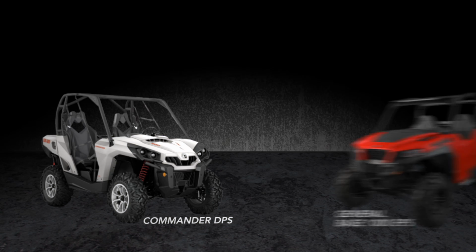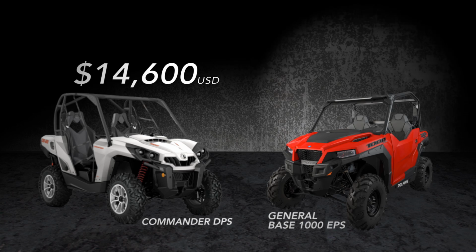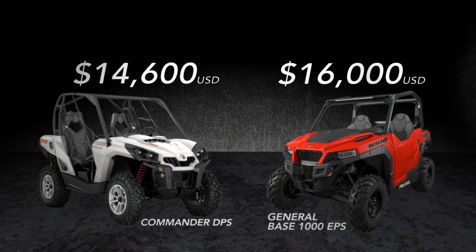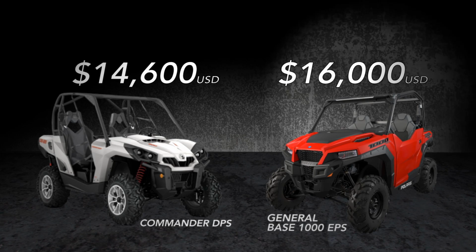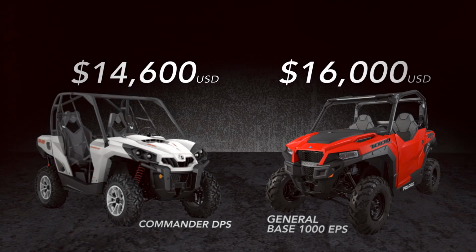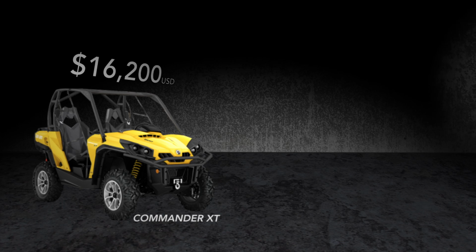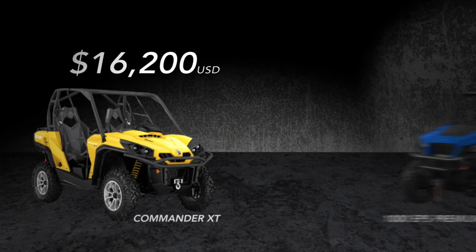The Commander that best competes with the base General is the DPS 1000. It retails for $14,600, which is $1,400 less than the base General. The base General does include doors and 15 more horsepower, but has entry-level tires. If you move to the mid-level models, the 2 that best compete are Can-Am's 1000 XT at $16,200 and the